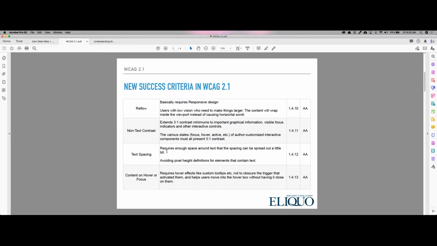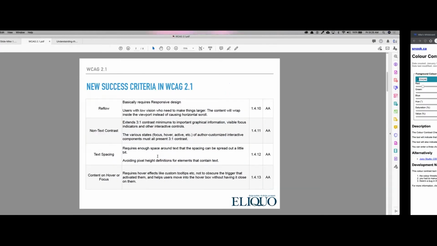All right, next up is text spacing. In this case, it requires enough space around the text that the spacing can be spread out a little bit, avoiding pixel height definition for elements that contain text. I don't want to get too technical on this one, but it means that there's enough breathing room between